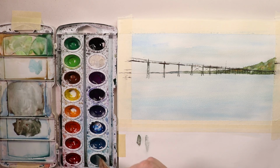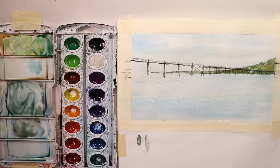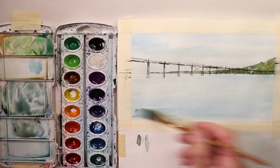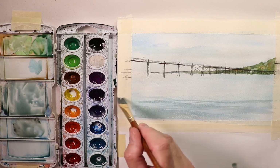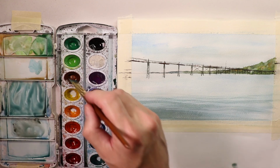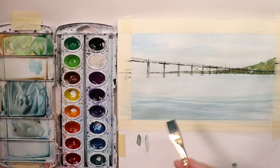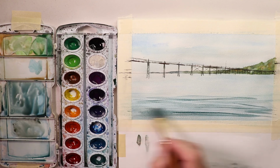I'm going to take some green, some of that. It looks like Viridian green. Take some of that Viridian green and just maybe go across here like so. Maybe make some darker lines here like this. So I think here in the foreground, a little bit of brown, a little bit of Viridian green, a little bit of Prussian blue and French ultramarine blue. So I think if we do this, just a couple little sweeping lines like this of choppiness of water,